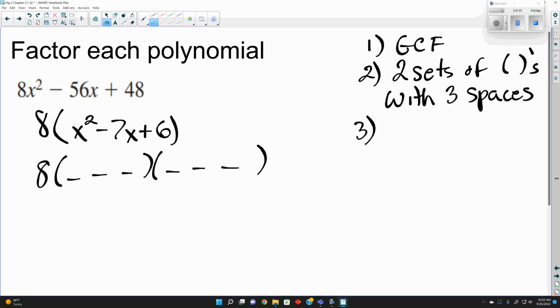So our first step was to see if there's a greatest common factor, and if there is, we factor it out. Our second step is to write two sets of parentheses